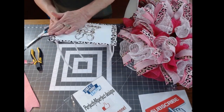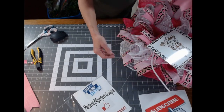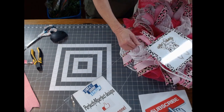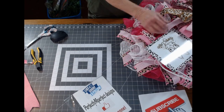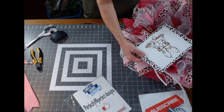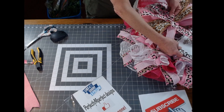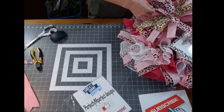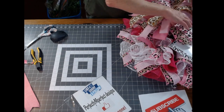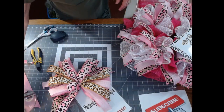Okay, I'm trying to figure out how I want the sign placed. I think that's going to depend on where I decide to put the bow. And I'm liking down here right now. But since I only have one bow, I think I'm going to do it in the middle. Or maybe up at the top a bit. Or this way. Yeah, I think I like the bow below the sign. I can always go back and cut tails. So how I put my sign on is,